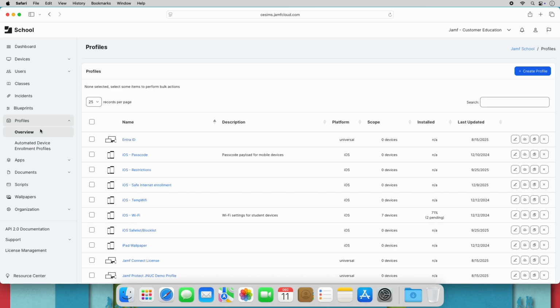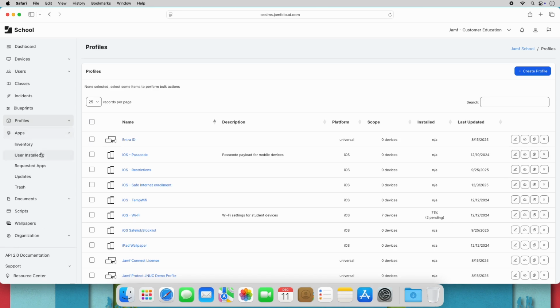You may be asking yourself, when should I use blueprints and when should I use profiles? Blueprints and DDM in general are still a relatively new feature, so not all functionality has been migrated over yet. Ideally, in the future, blueprints will be used for everything. For now, though, operating system limitations and the pacing that Apple releases DDM functionality means we'll need to use a mixture of both. The best advice we can give is to use blueprints when and where you can to start. If you have devices that are not eligible for blueprints, or there is certain functionality that's not yet available in blueprints, then use a profile.